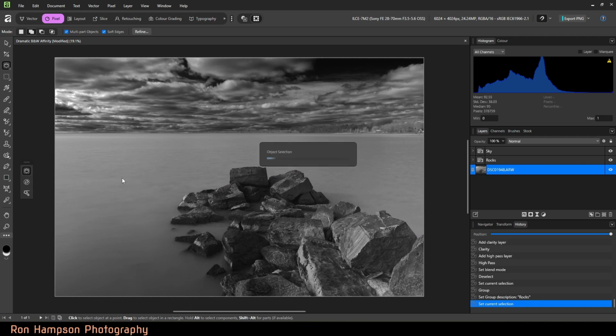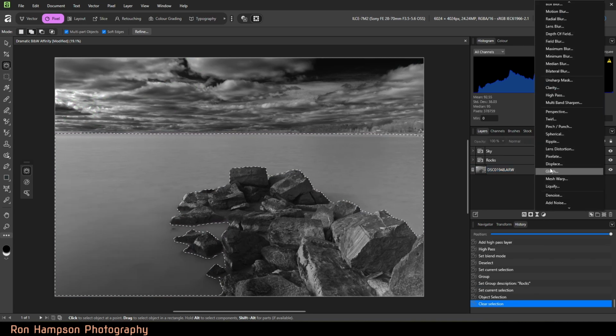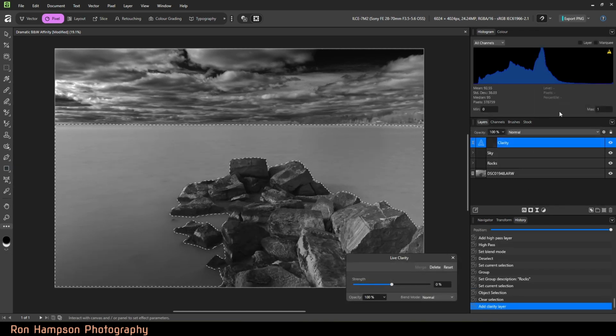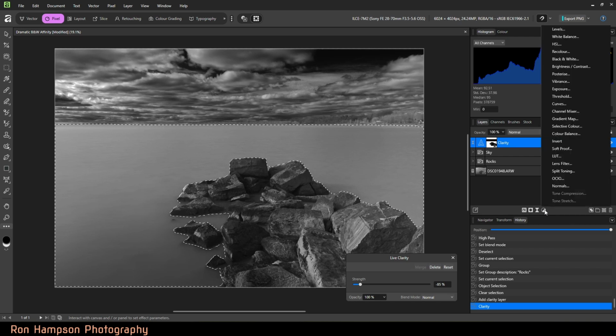So we're going to select the water. And with the water selected, I want to add a clarity filter. And we're going to bring the clarity down this time to smooth things out. And we're going to go fairly low. It gives it that kind of ethereal, misty look. And then we're going to add contrast in